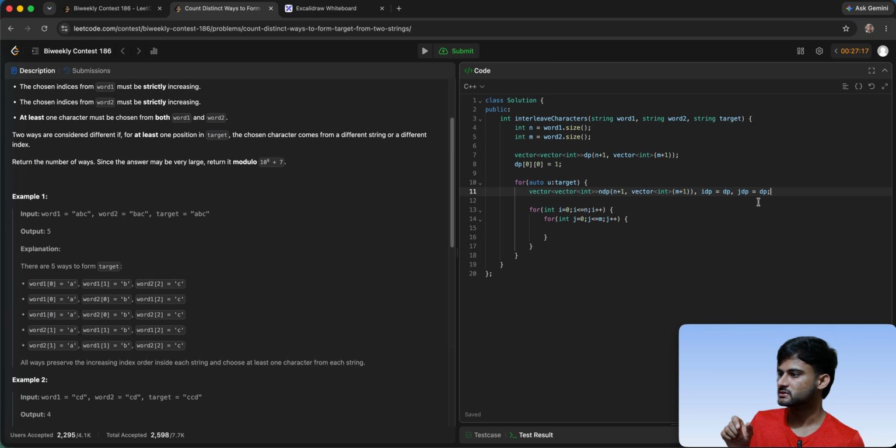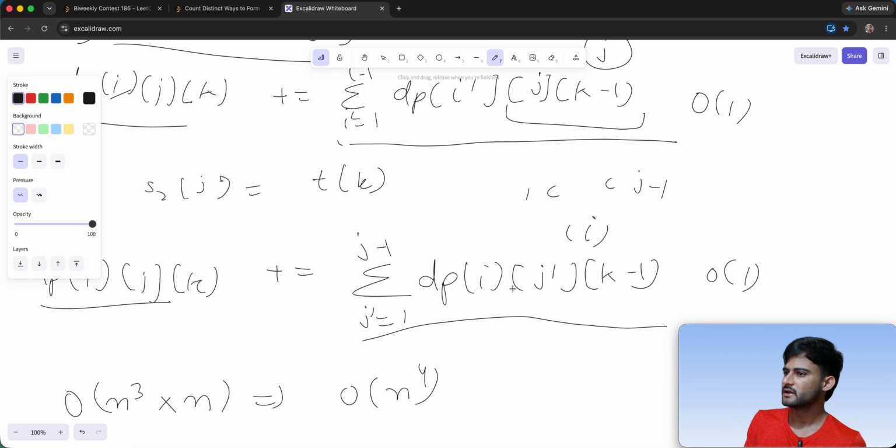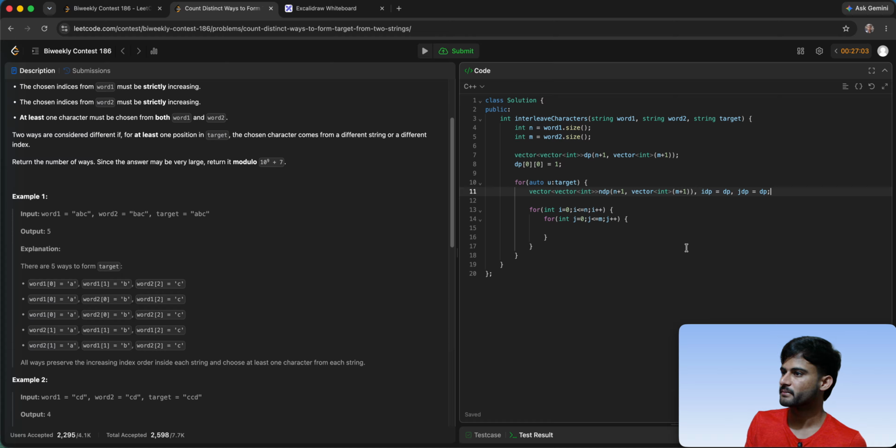DP में आप कॉलम को फिक्स रखोगे और रो के लिए प्रीफिक्स सम कैलकुलेट करोगे, क्योंकि आपको इसमें एक ही चीज़ वेरिएबल है ना, या तो J है, कॉलम के लिए प्रीफिक्स सम फाइंड करो या रो के लिए प्रीफिक्स सम फाइंड करो। ओके, अब हम कर लेते हैं, प्रीफिक्स सम फाइंड करते हैं सबसे पहले तो।